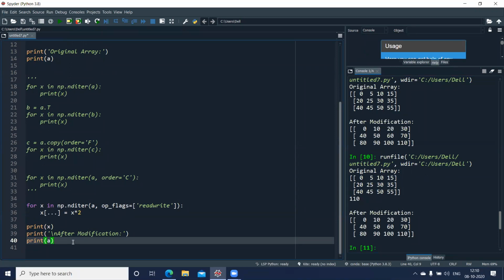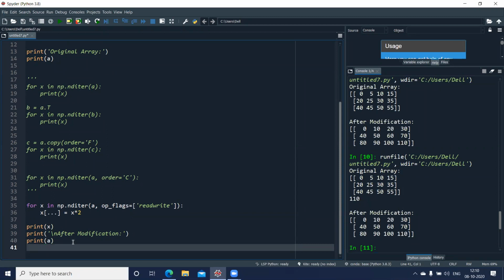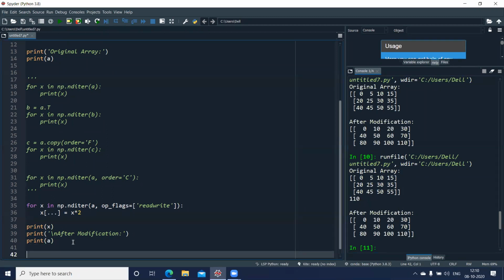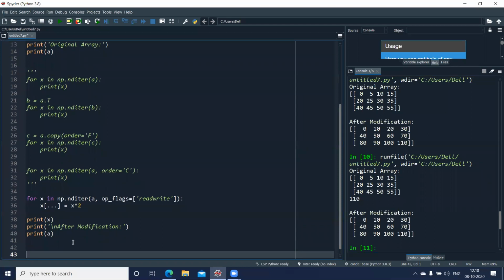Okay. Now we also have different parameters, such as external loop, for nditer. Flag parameters are there. There are different types of flag options available as parameters while accessing the elements using this object. The first flag is C index, like we saw with the order. We also have the flags parameter, which can be assigned C_index, which will follow the C order index. And similarly, we have F_index for the flags parameter.